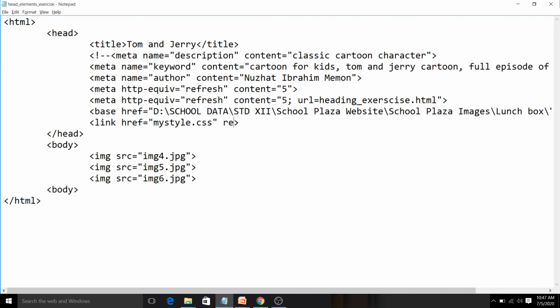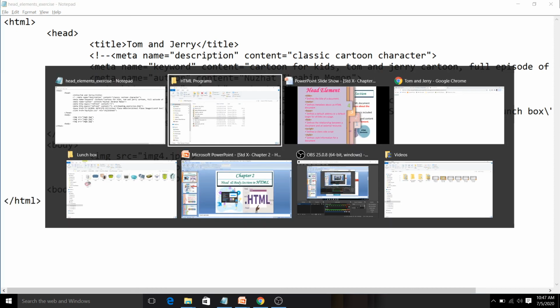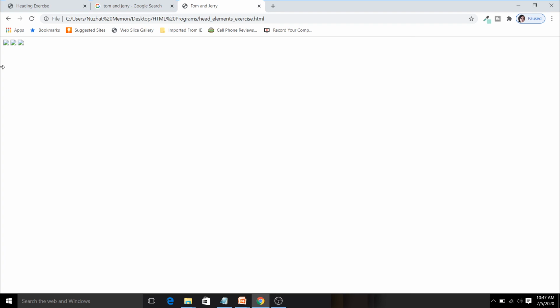We can link a JavaScript file and we can link this CSS file. Now we are linking this style sheet, so we have to write stylesheet in the rel attribute. Save it, refresh it. So we are getting the yellow color that we set in the mystyle.css file.